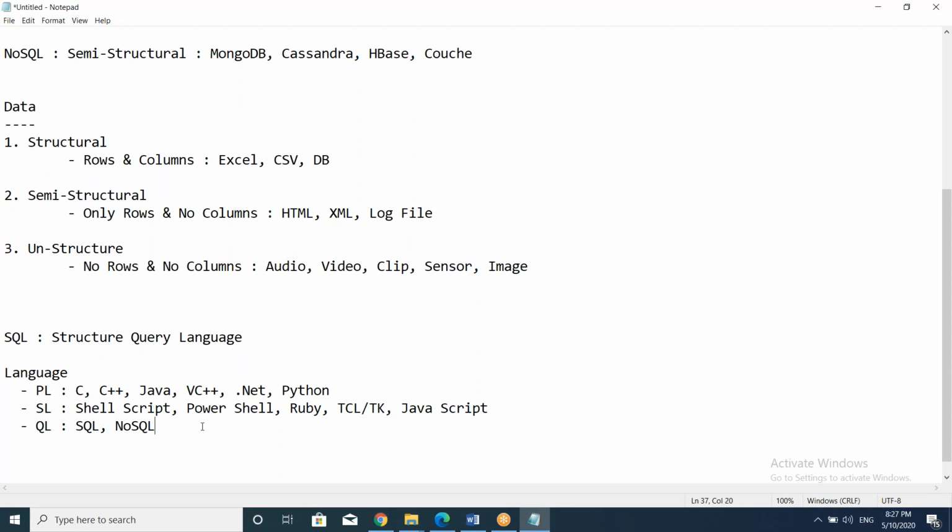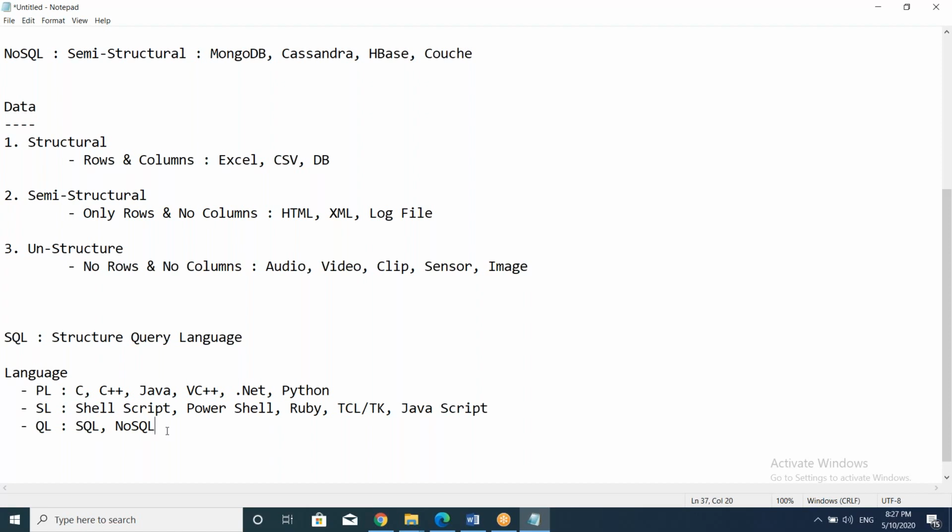QL, query language. Here no need of any code. You need not write any code like Java or VC++ or Python or .NET. Here you have to write just like an English sentence. You have to frame a sentence, multiple sentences, 1 line, 2 lines, 3 lines, with multiple clauses with some keywords. As an English sentence, you have to make it and execute that. So we'll discuss one by one from the very scratch level. So here no coding, this is purely query language.